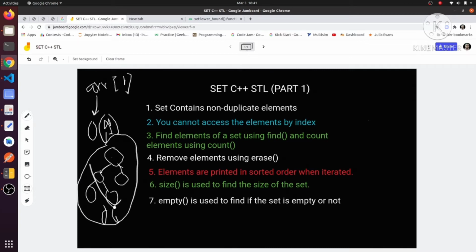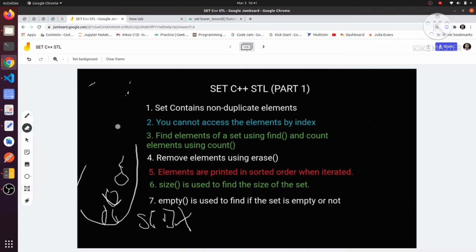Here you have to find the element and modify it or insert a new node, and this is how it works, right? So you cannot directly access the element in order of 1 complexity by just giving an index. Suppose our set is S, you cannot do S of 1. You have to remember that you cannot do this.